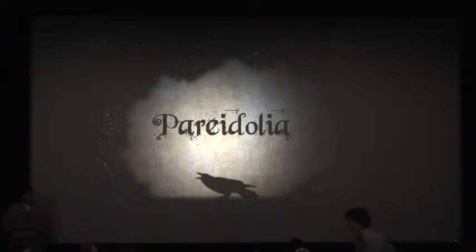Okay, so you have two worlds right now. You have a 3D world and a 2D world, which are both aesthetically different. And the world of the 2D Pareidolia is a pretty beautiful, very stylized world. How are you planning to not break the immersion when players transfer back and forth between these two